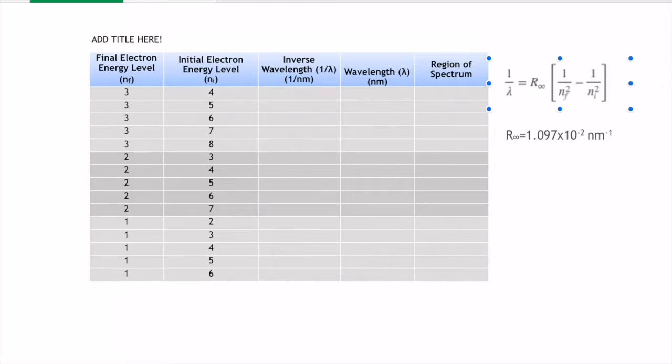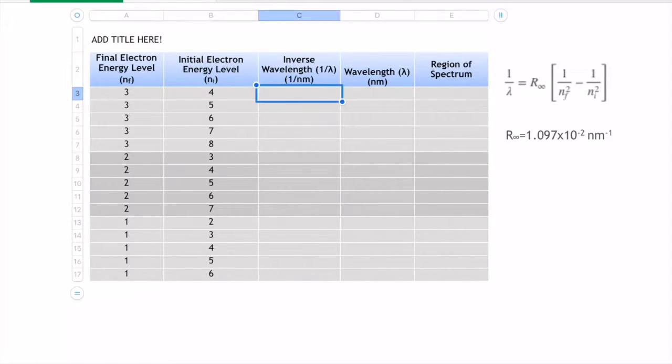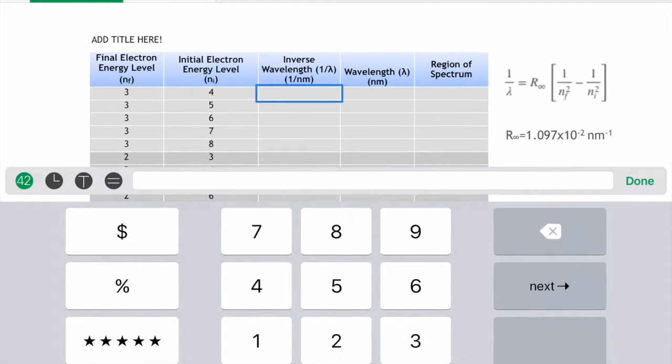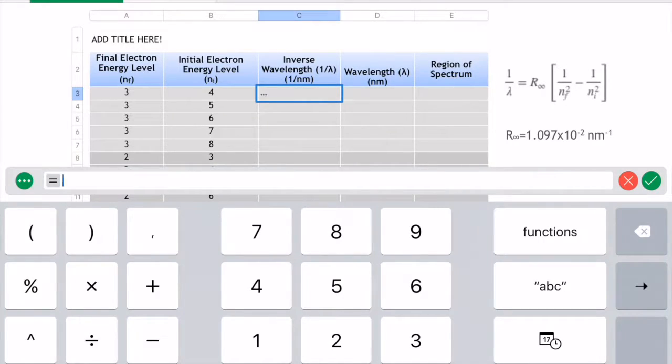So in order to enter this formula, I'll click on the cell where I'd like to enter the formula, which is cell C3, and tap there, which brings up my box, and I have a few different options. To enter a formula, you want this equal sign, and first I have to enter the value for the Rydberg constant, so I need a parentheses. I'll say 1.097 times 10 raised to the negative 2 power, end parentheses, times,